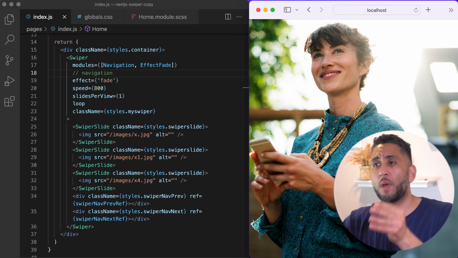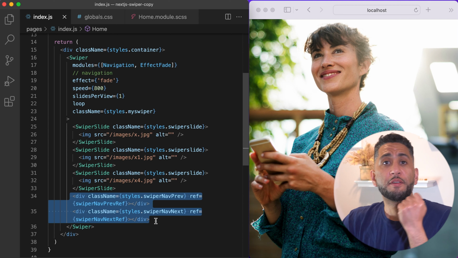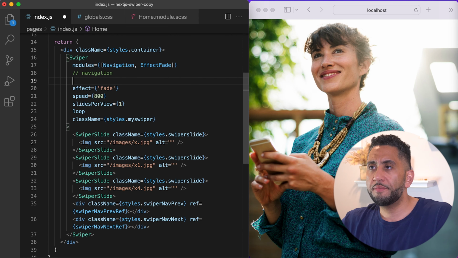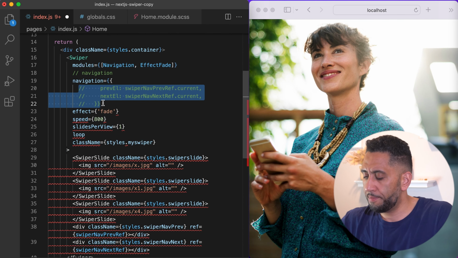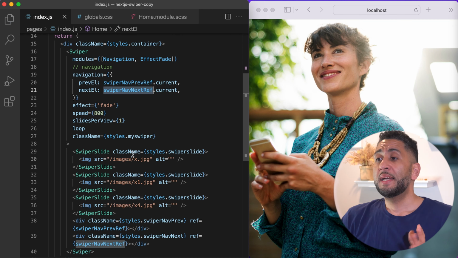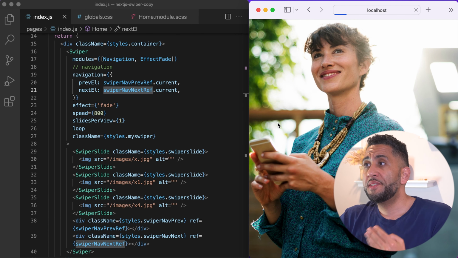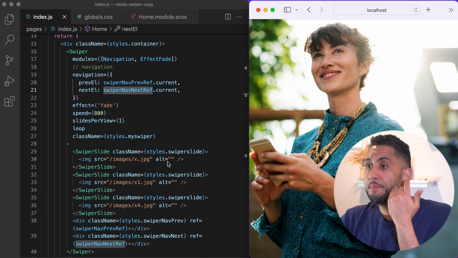Now we want to tell Swiper to use these two random elements I made as the functions for the left and right. Pretty simple. Again, copying and pasting here just to save time, and this is, again, from the documentation. Click save. Now, technically behind the scenes, this is working, but you don't see it because now that we have